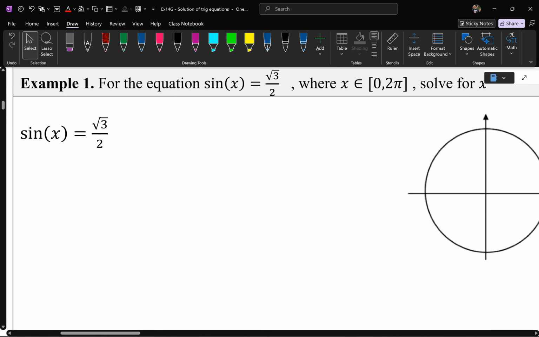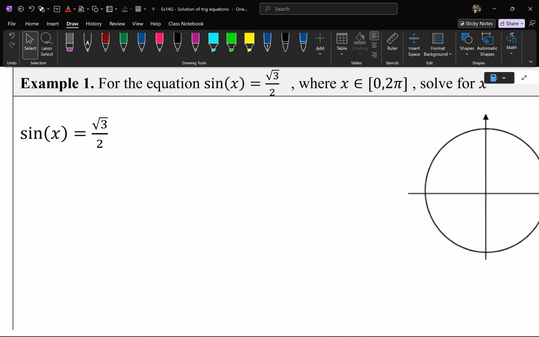Example 1 says, you've got an equation: sine of x is equal to root 3 on 2. We're trying to solve for x. I want to know what x is, okay? That's my goal. And all I know is that x, which represents the angle, I don't know what the